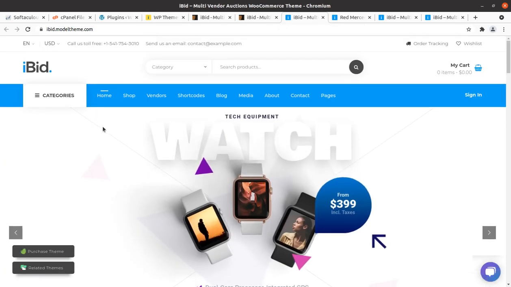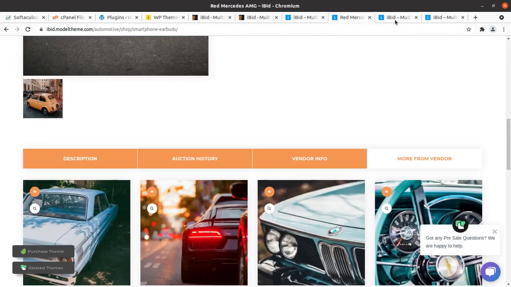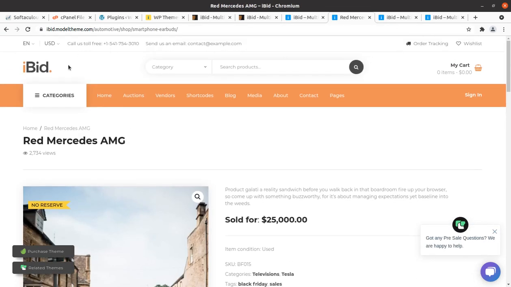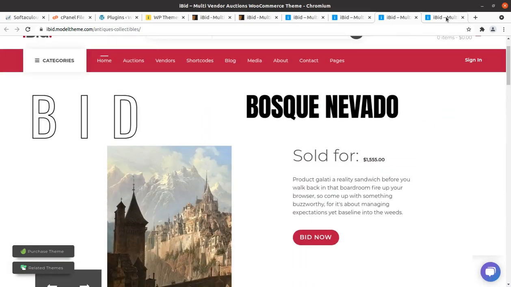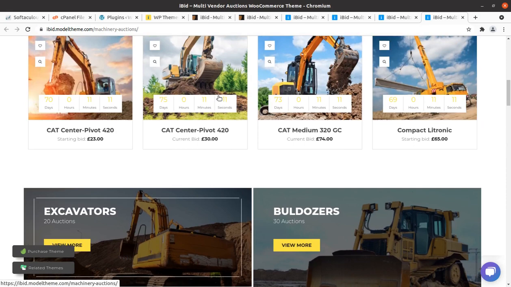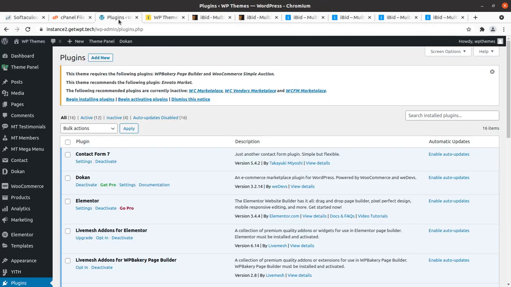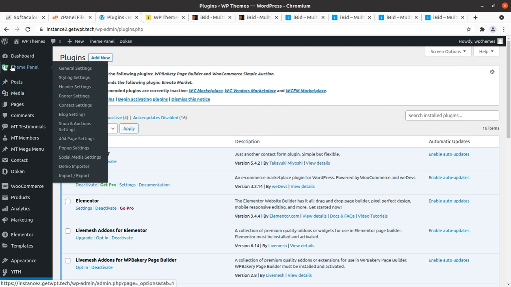At this stage we may target a demo website like any of these, and for that we need to install the demo content, so we can have any target website like this. So let us proceed towards the installation of demo content, that is importing the demo content. I will find the option, and this is the theme panel. I will show the theme panel in detail after completing the demo installation. And under the theme panel you will find the demo importer option.